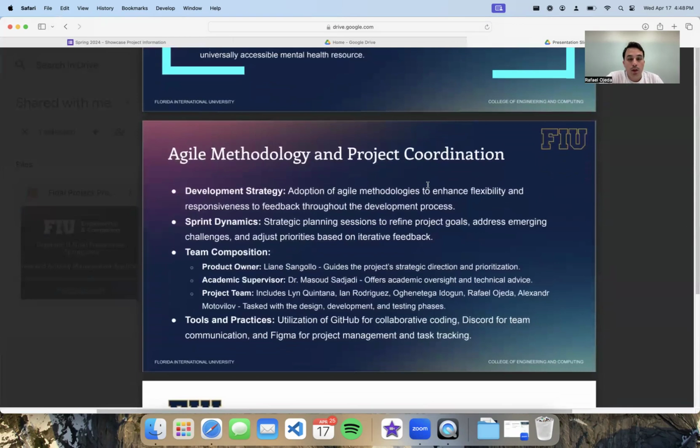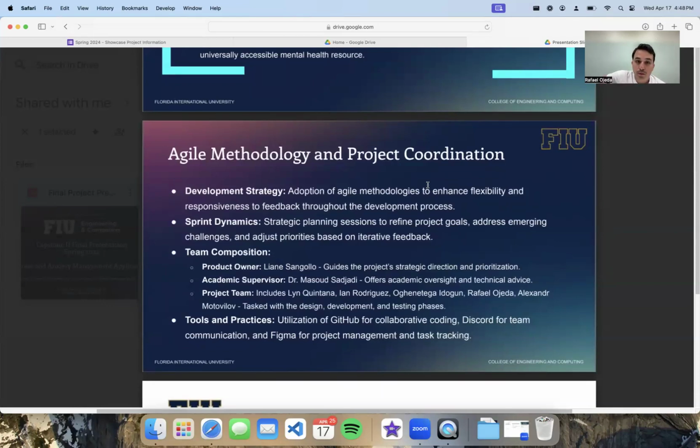For previous iterations, we had an Android app. And now we were tasked with creating the same Android app and adding some additional functionalities for a web application, to be able to expand the market share and not just have Android users, but any phone user, any person that can be connected to the internet.